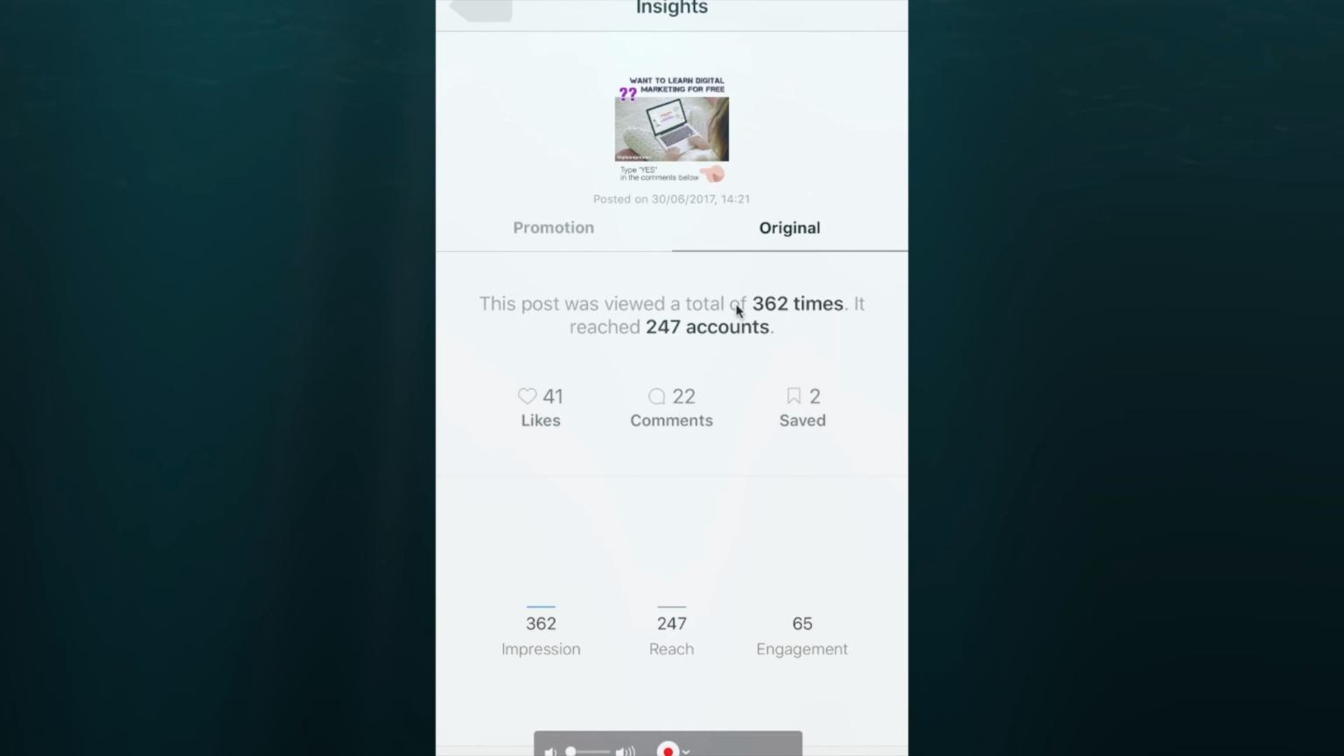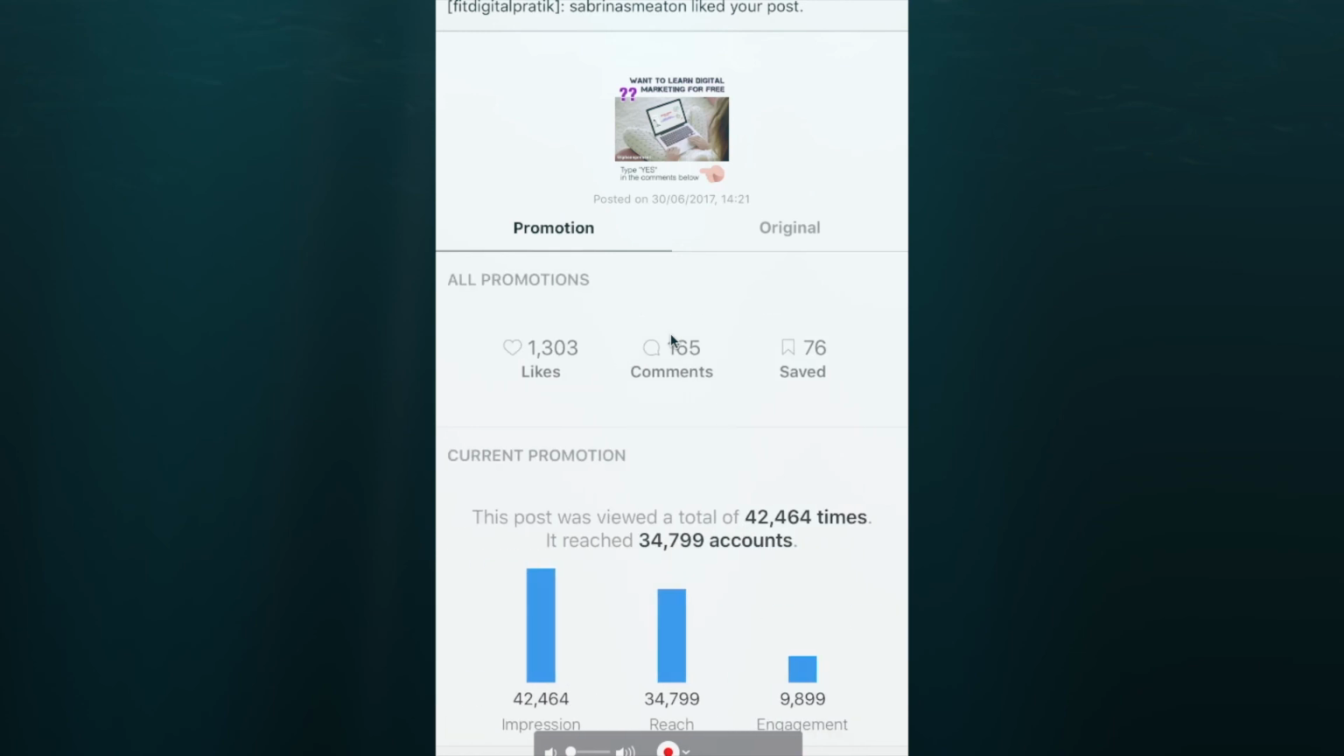All right, and the same goes with the upper line which says this post was viewed a total of 362 times, it reached 247 accounts. If I go into promotion, it won't show there, because promotion is basically giving you the advertisement, so it will show you below. This post was viewed a total of 42,000 plus times and it reached 34,000 plus unique accounts. So I got a good engagement ratio over here,